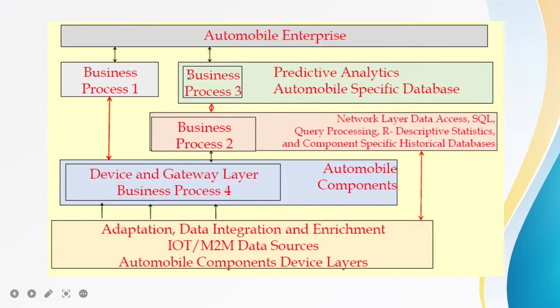Next we'll move on to this diagram. If you see this diagram, it is going to show you the distributed business process at the enterprise, where you will be having the network and the device gateway protocols or layers. Now, business process 1 is going to interact with the device